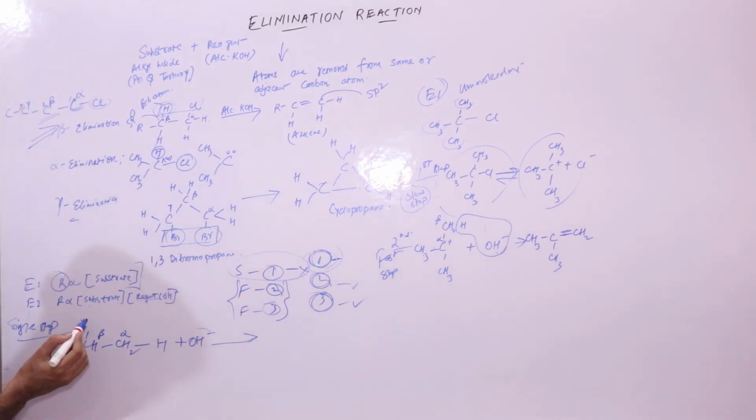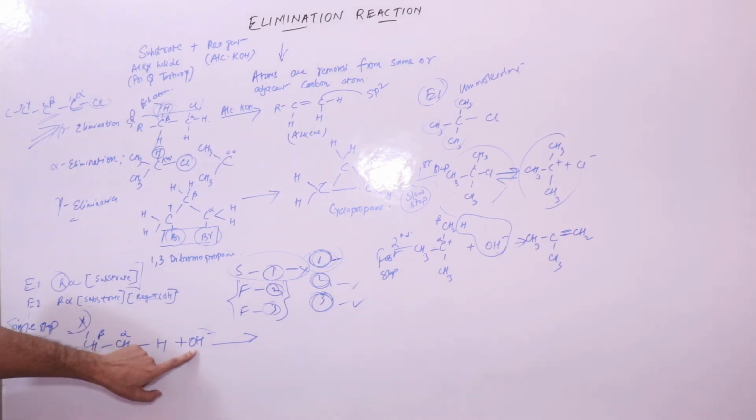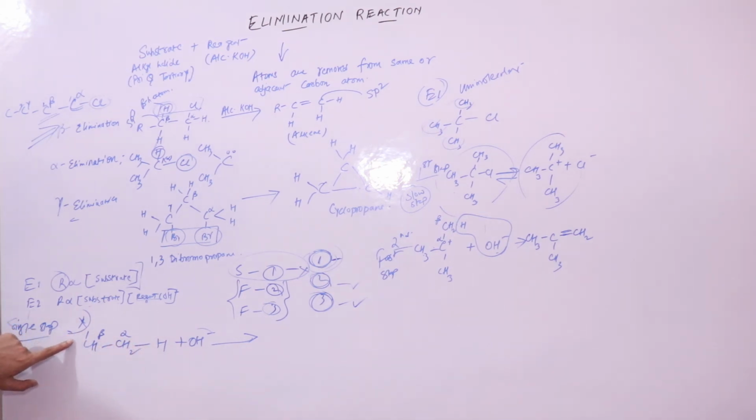X, which is a halide like Cl, is the leaving group. Everything happens in the same step. The attacking species, the attacking reagent, will abstract a proton from the beta carbon,